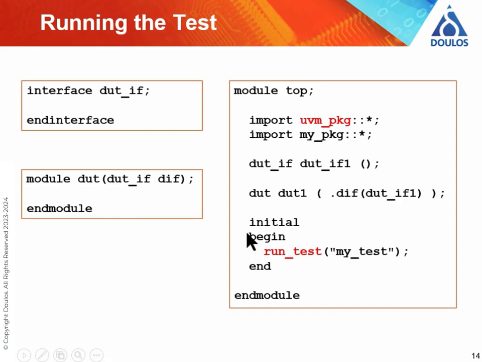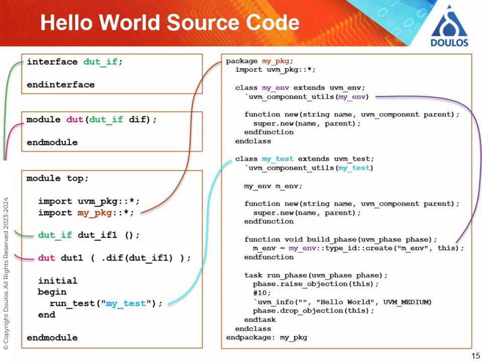So now we've written all the UVM code we need for our example, let's have a look at all of that on one slide. You can see that it's quite a lot more complicated than Hello World in C, for example, but hopefully you'll appreciate it needs to be in order to properly represent what's going on in UVM. On the left-hand side we've got the module-based code, SystemVerilog modules and interfaces. In the top-level module we're instantiating the interface and the DUT, and we're connecting the interface instance to the interface port on the DUT. That's all structural, and having compiled and elaborated our SystemVerilog code, when the SystemVerilog simulation starts,